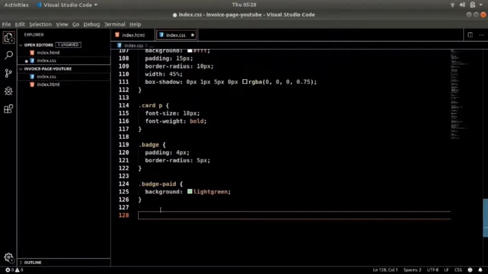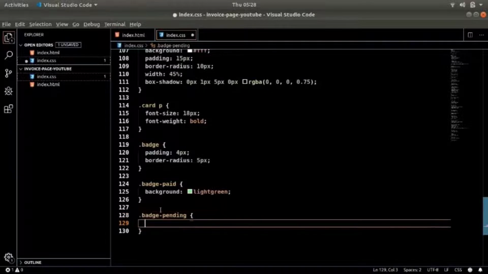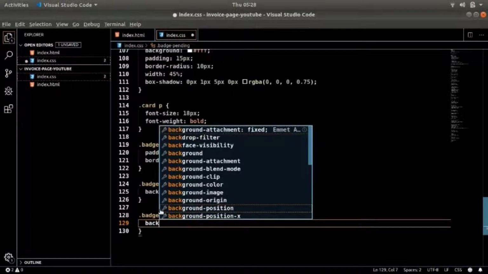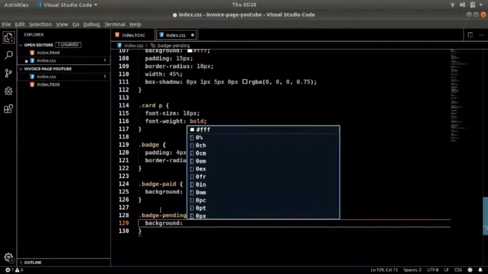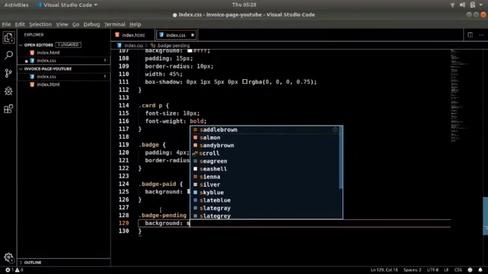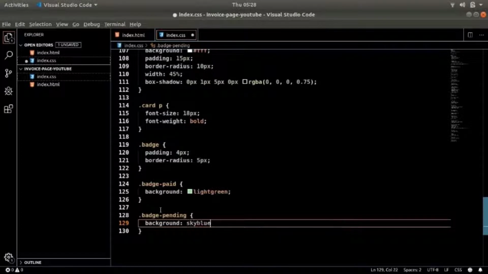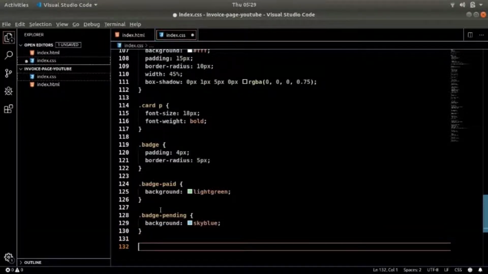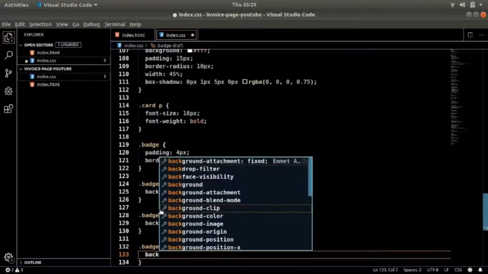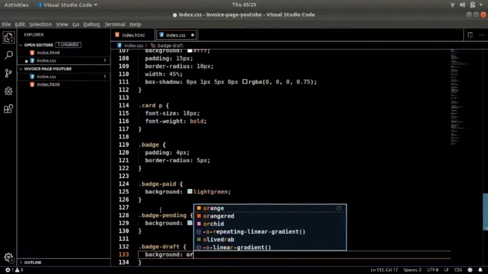So what we need to do is dot badge pending, and we will define the background, which in case of pending I think is sky blue, and in case of draft we have background as orange.